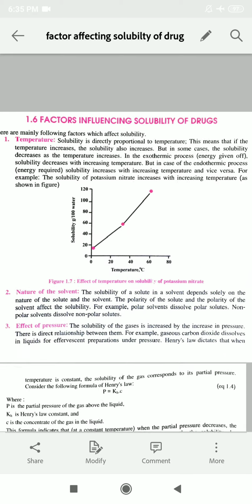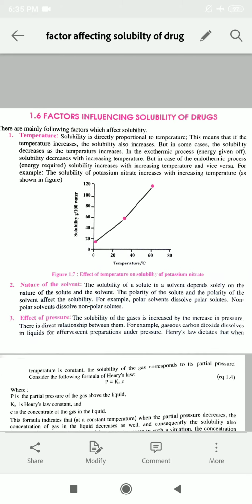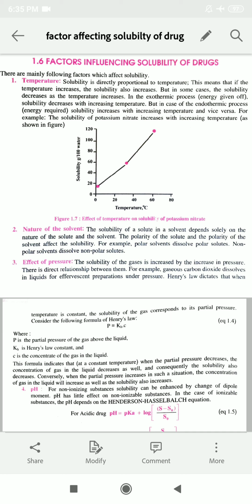The topic is factors affecting solubility of drug. There are so many factors which affect the solubility of a drug. The very first is temperature. We all know that when the temperature increases, solubility also increases. But in some cases, when we increase the temperature, the solubility of the solute decreases, because in